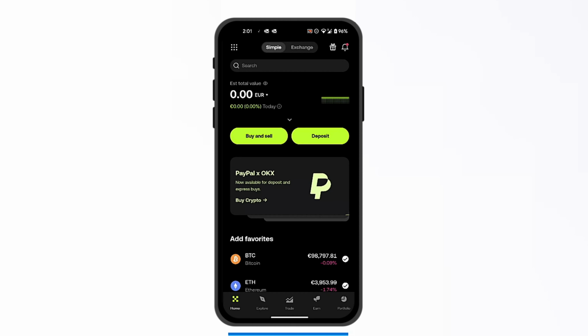Hello everyone, today I'm going to show you how to withdraw crypto from your OKX to any other wallet or